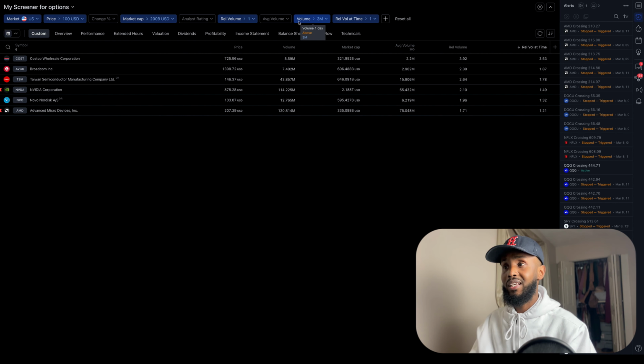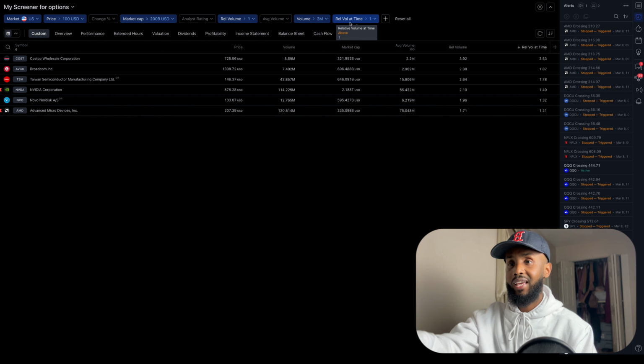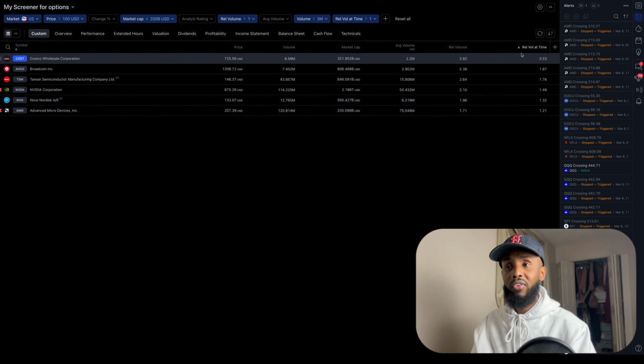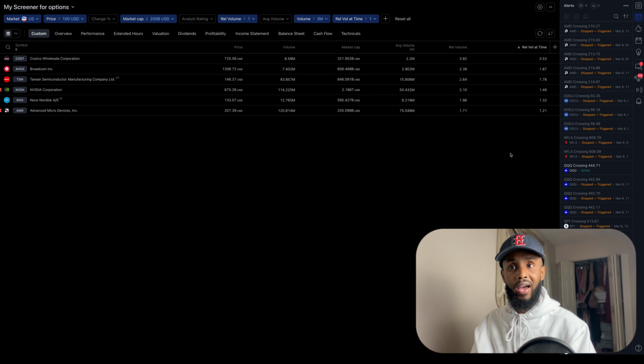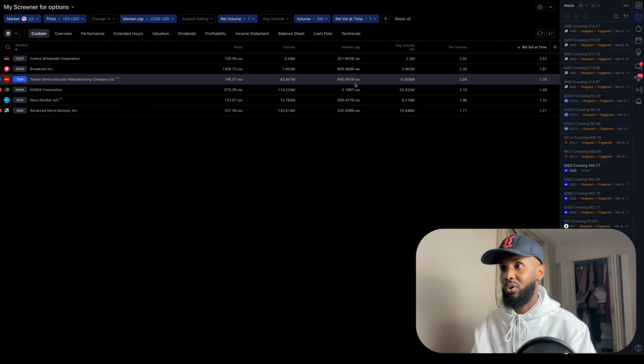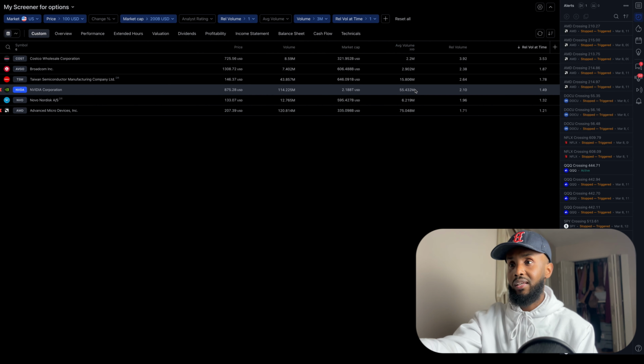And then this is the most important thing. Volume, I put 3 million. You can change that around, but this is the most important thing, this last category, which is relative volume at time. So this says I want to see stocks that are trading at a higher volume than they usually do. So if it is 1, that means it's average. So I'll show you an example. So Nvidia, for example, we can see here Nvidia trades at about